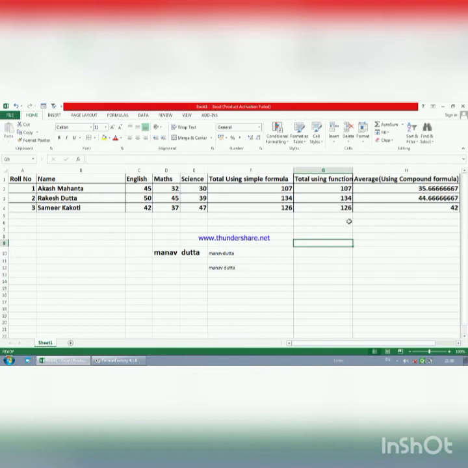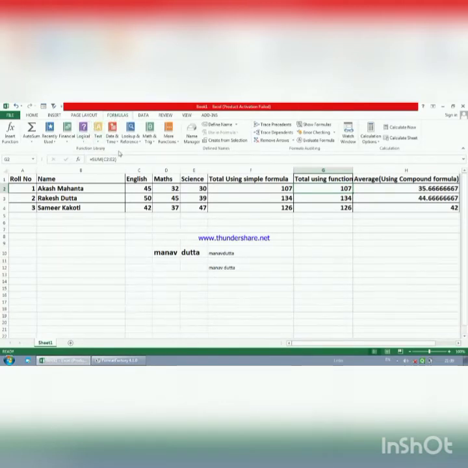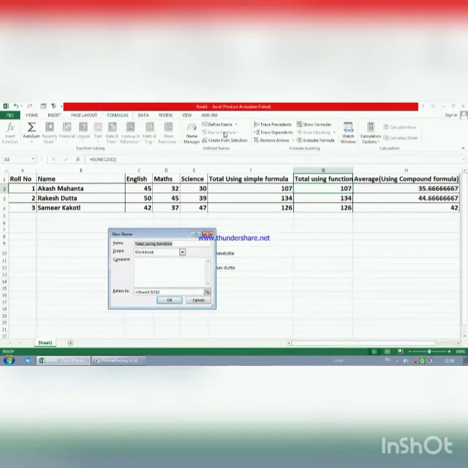Now we are going to see a very interesting thing. If you go to this part, you'll see that SUM C2 colon E2, this function, you can just name it, and we can store this part as a name. Those things can be named and stored, and those names can be used in a function. For that, you have to go to Formulas. In Formulas, you will find Define Name. Below, one more Define Name is there, just click here, you will get a window. So this name I want to give